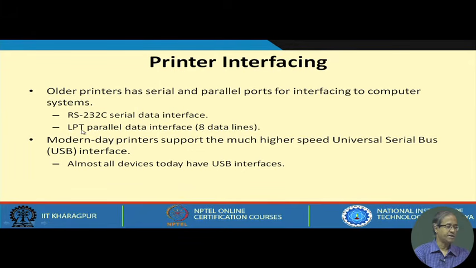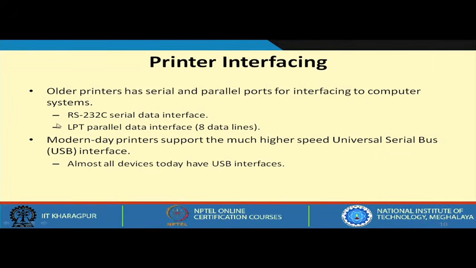It was called LPT. This parallel interface was almost universally used for printer interfacing. In the parallel interface there are 8 parallel data lines, but nowadays in computers you will not see serial ports and parallel ports anymore, they have become obsolete. But in old computers you may still find some serial ports RS-232C or these parallel LPT ports available.